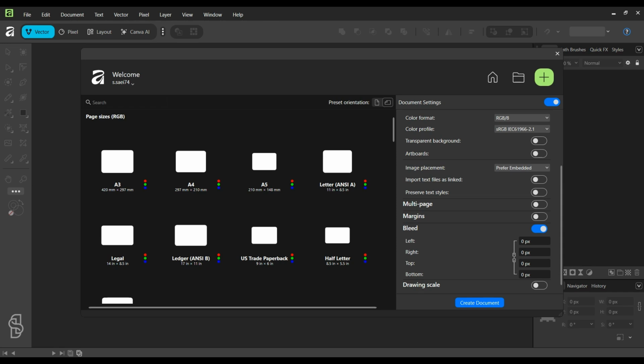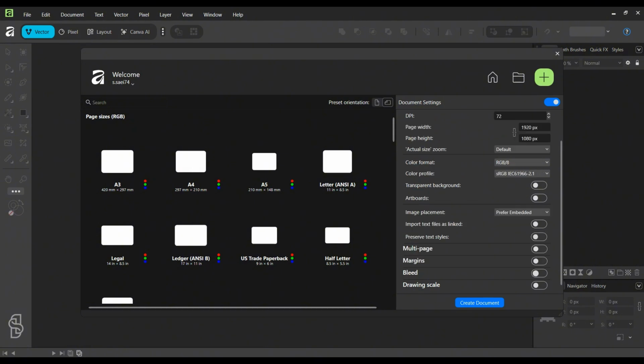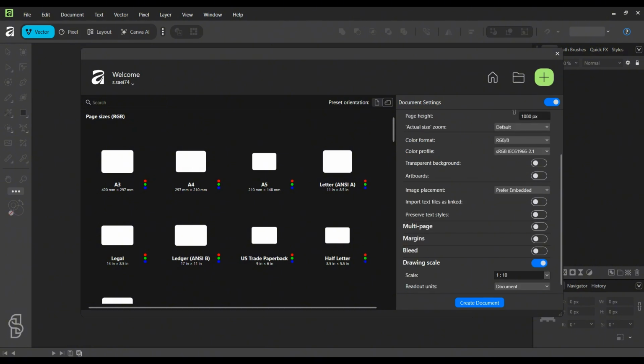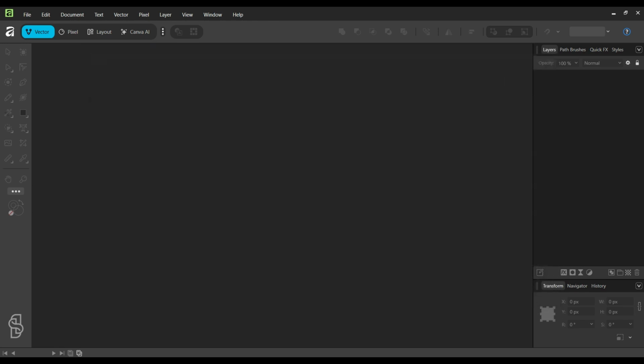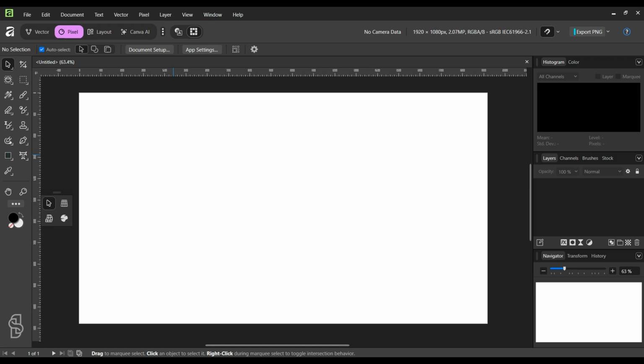Usually a 3.5 millimeters cut margin is left, which means leaving some blank space on the outside. Nothing should come into that area so that when it's trimmed, nothing gets cut off. There's something called drawing scale here. I don't have any info about that. If anyone who does the drawings knows, they can enlighten us. That's what I said. Then I created my file and clicked on the create file option. My file opened. I can start